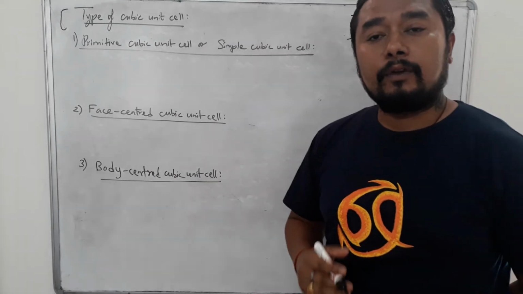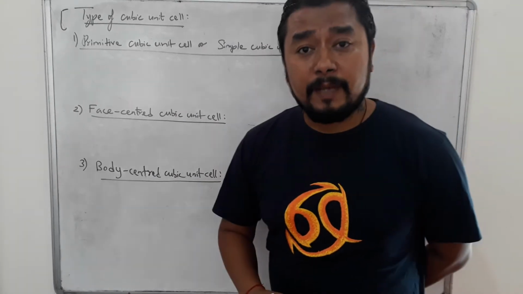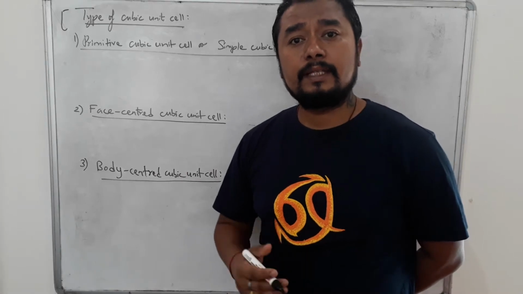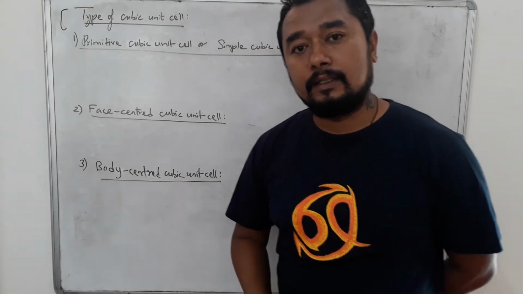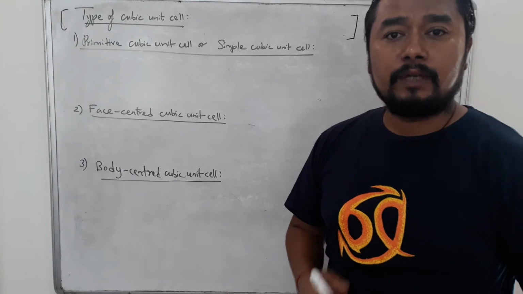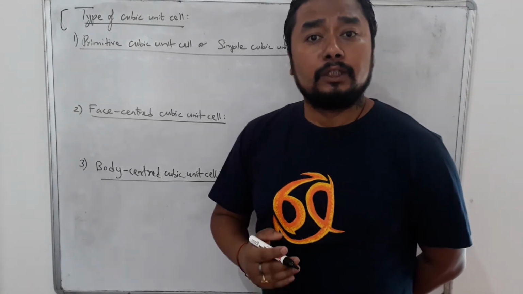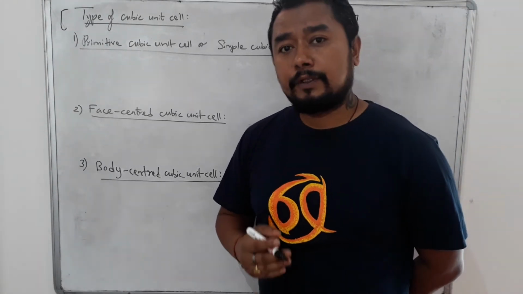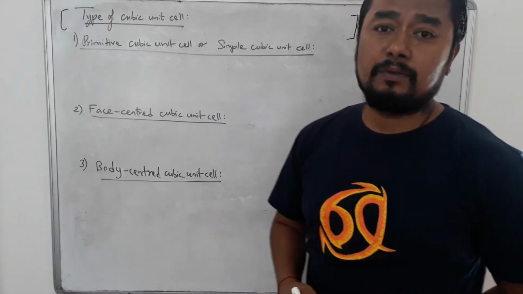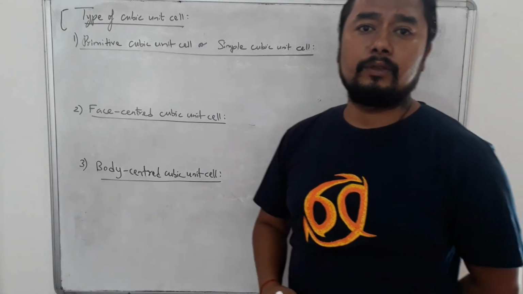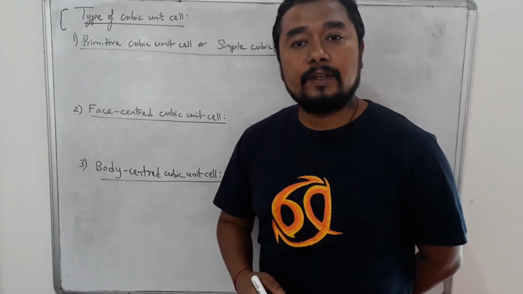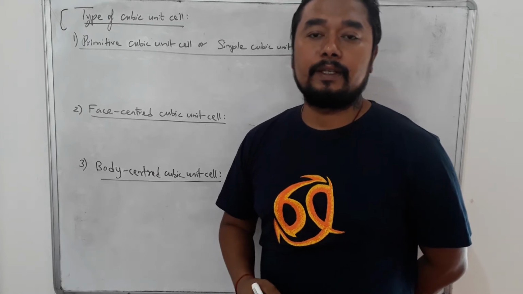In part 4 I have already told you that they have 6 parameters, 3 with respect to the sides and 3 with respect to the interfacial angles. All angles in a cube are equal to 90 degrees and all sides are equal. The volume of the cube formula is side cubed, a cube, whose CGS unit is centimeter cube and SI unit will be meter cube. And do remember there are 6 faces in a cube, 8 corners and 12 edges.